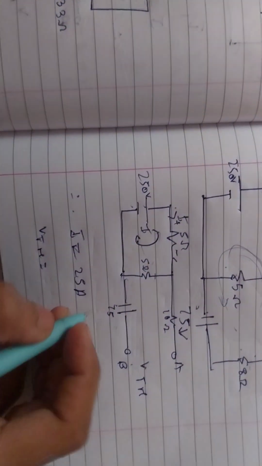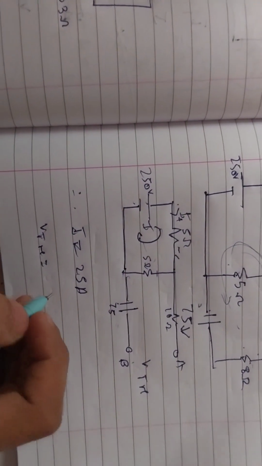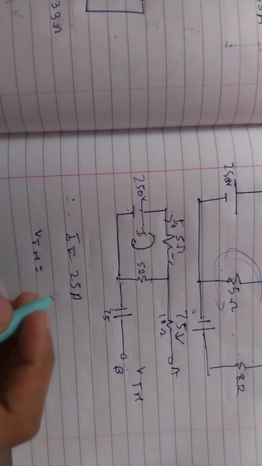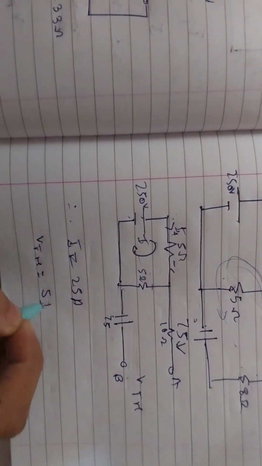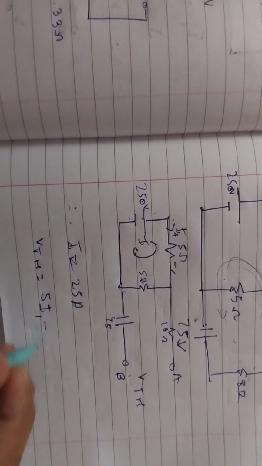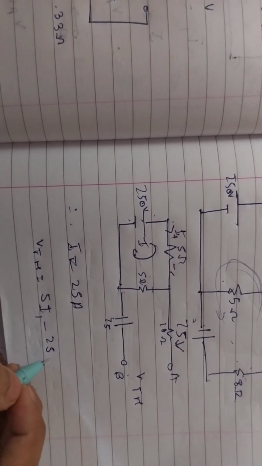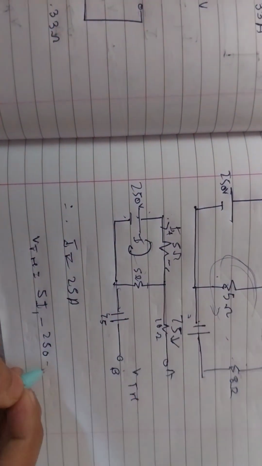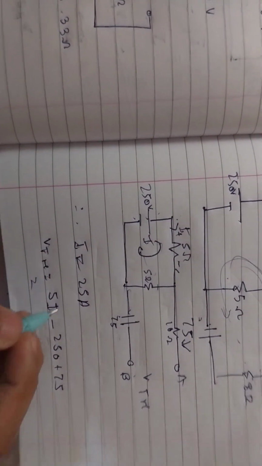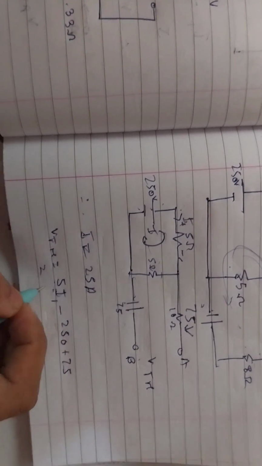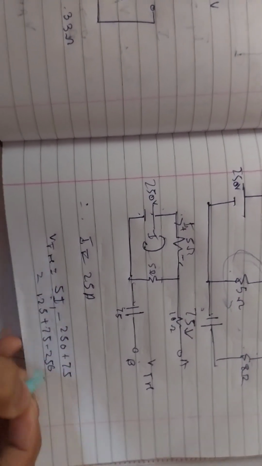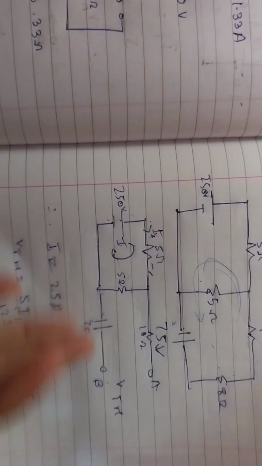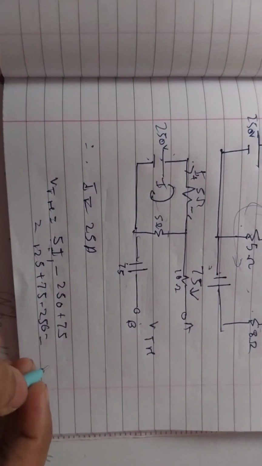So as we have done before, we'll take this positive 5i1, we'll take this negative 250, and we'll take this as positive 75, which becomes 125 plus 75 minus 250 is equal to